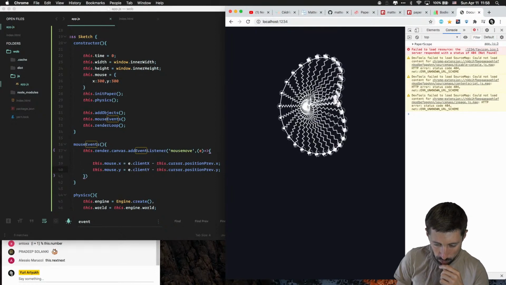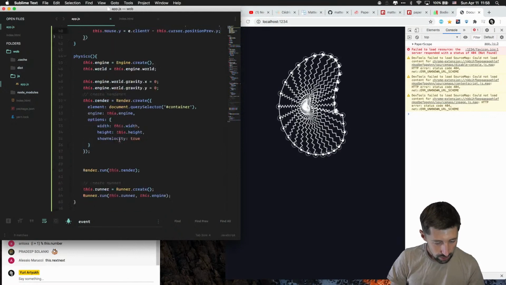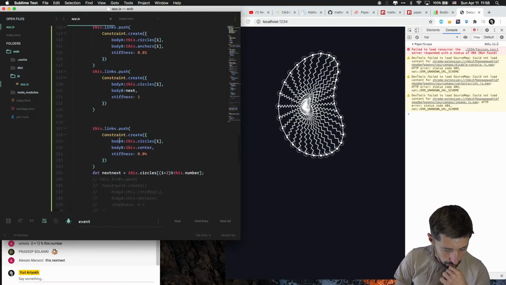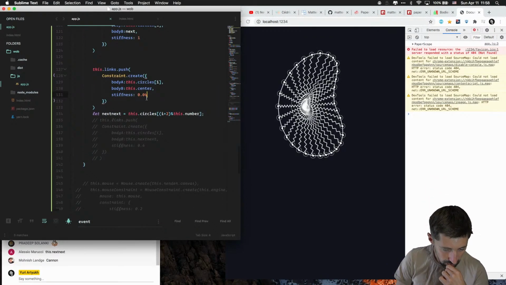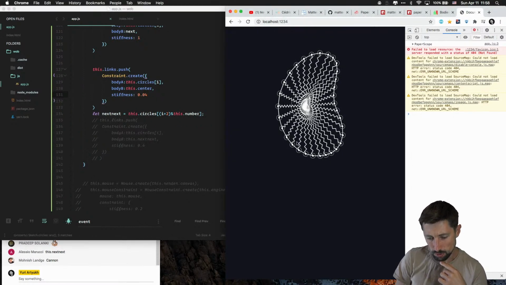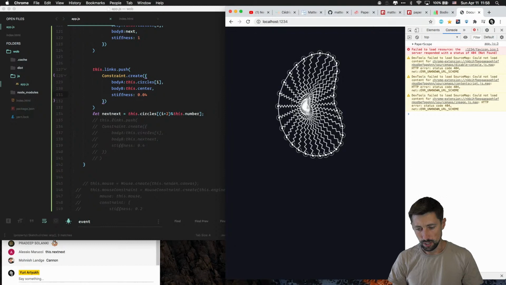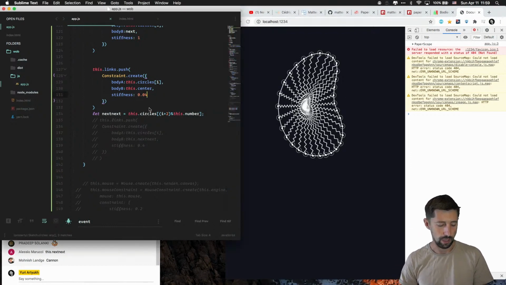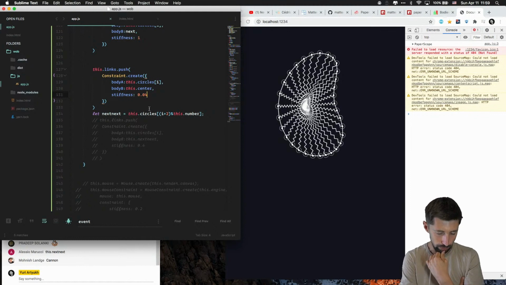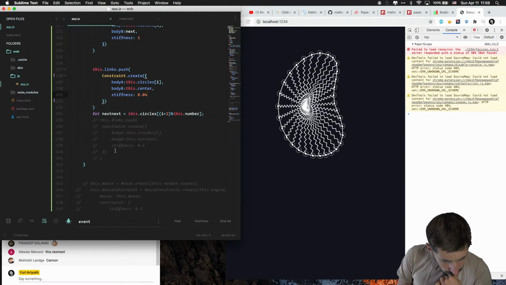There's a bunch of things we could play with in the parameters here, with the stiffness. So maybe, do I really need the next one? I think I need it because it actually helps to make it more wobbly. Yeah, Cannon.js is also nice, but it's more for 3D animations. So maybe I don't really need this one. circles i plus 2, number, and then